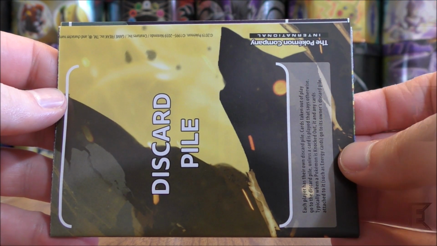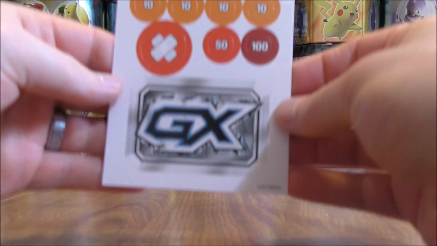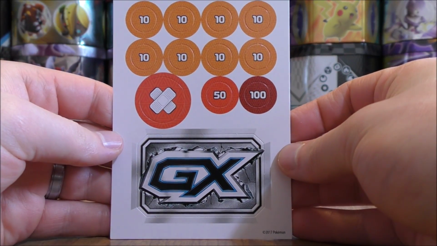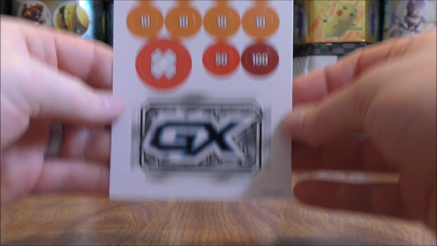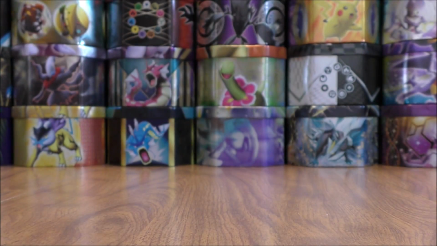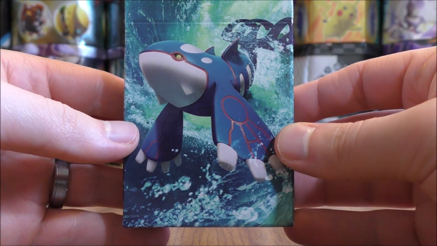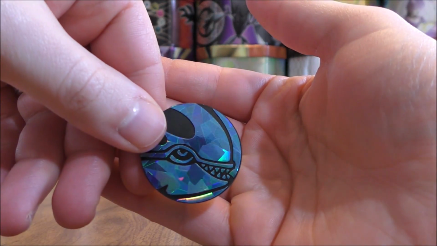First up would be the 2-player playmat and rule sheet, the damage counters, burn and poison marker, as well as the GX marker, the quick guide for this theme deck, the card checklist for Cosmic Eclipse, the deck box, which can hold all 60 cards, the Pokemon coin of Kyogre,